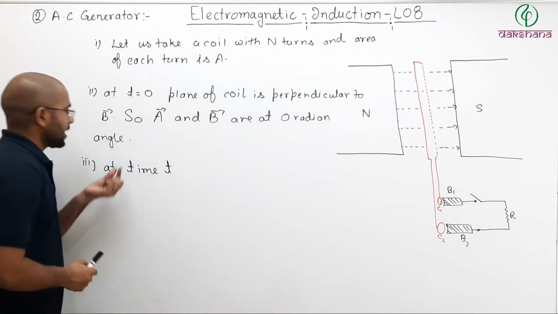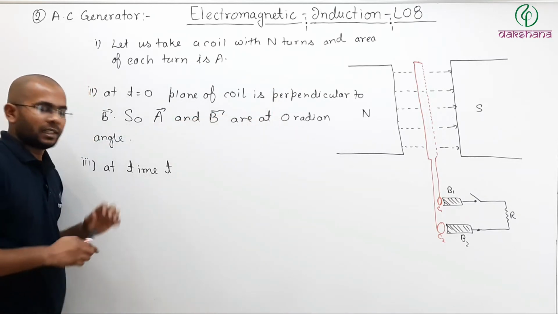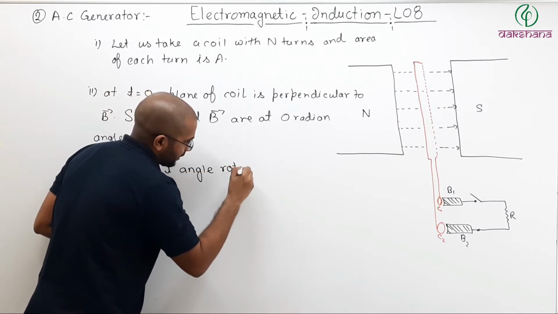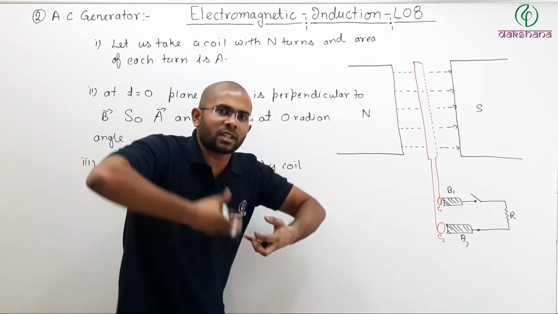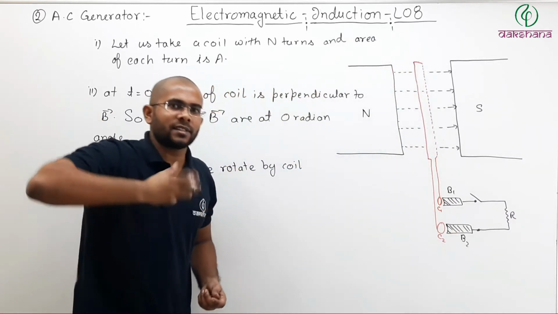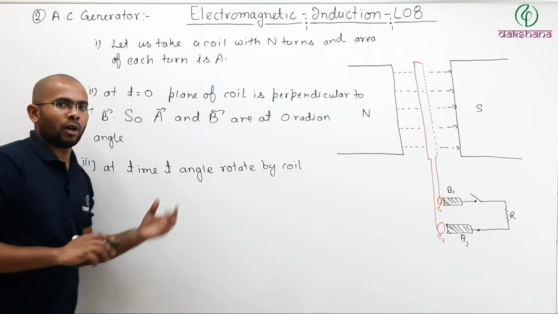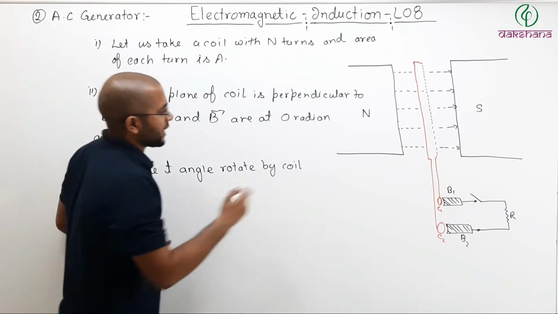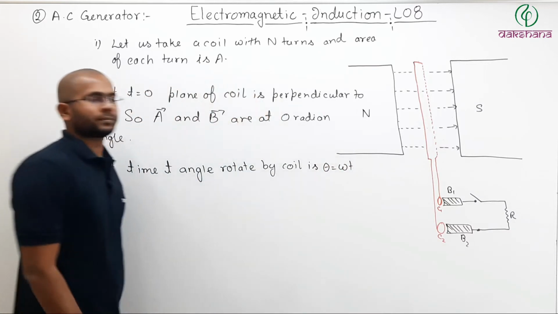So if the diesel engine is continuously rotating the coil with a constant angular velocity omega, then can I say, let us suppose at t equal to 0. So at time t, the angle rotated by the coil. If omega is the constant angular velocity of rotation of the coil, and this is the axis, then from 0 to t, how much angle has it rotated? Omega times t. So at time t, the angle rotated by the coil is theta equals omega times t.